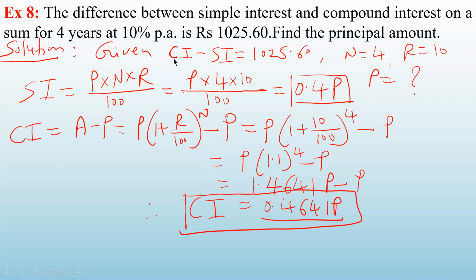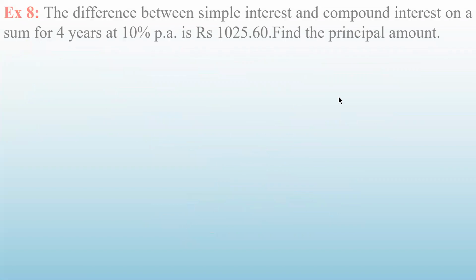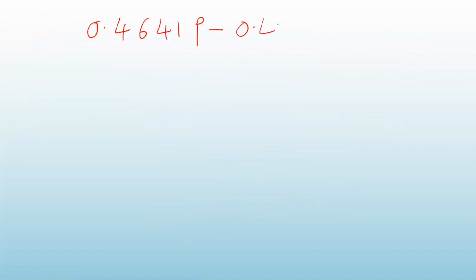Now what is given to you here? That compound interest minus simple interest is this much. So let us put the value of compound interest and simple interest here and solve that equation. So we'll continue here. So compound interest is 0.4641 P. This is compound interest. And how much was simple interest? 0.4 P minus 0.4 P. This is equal to